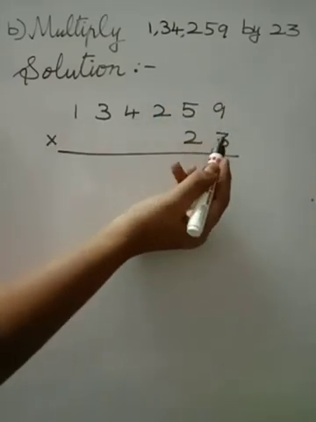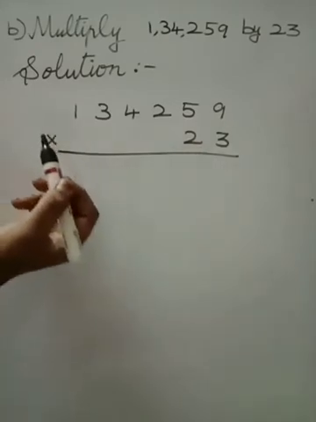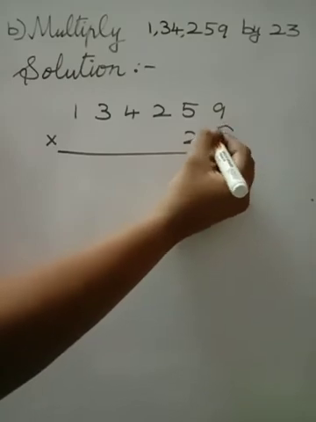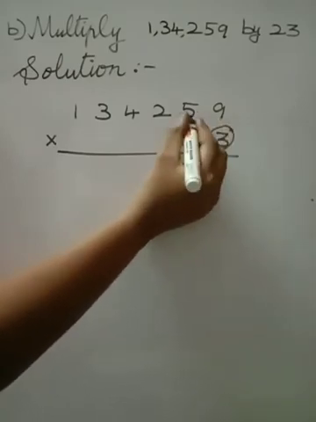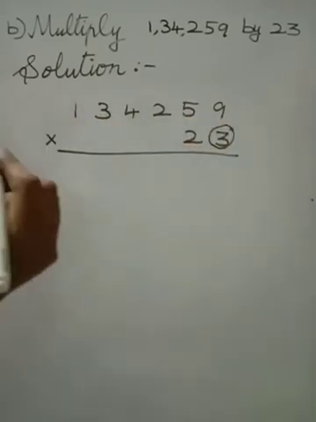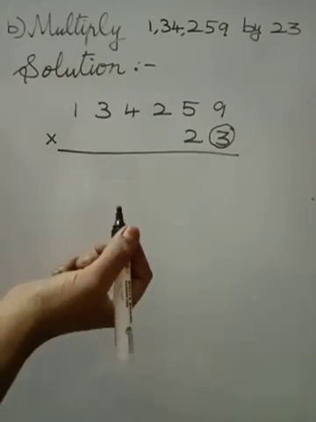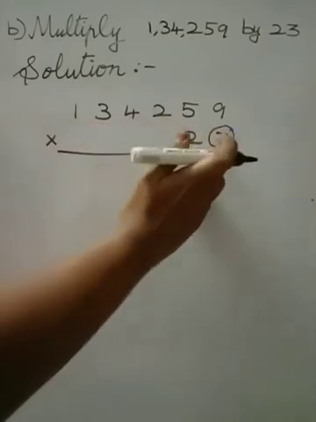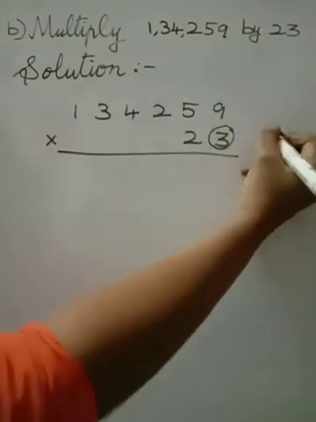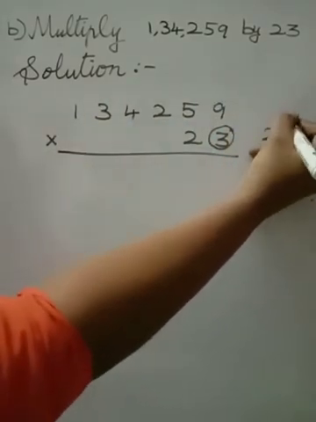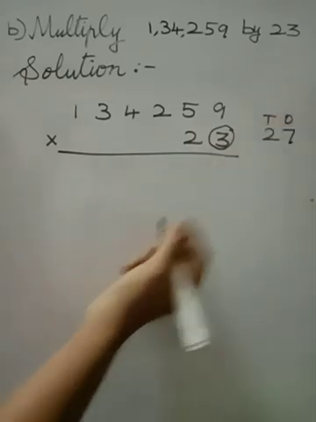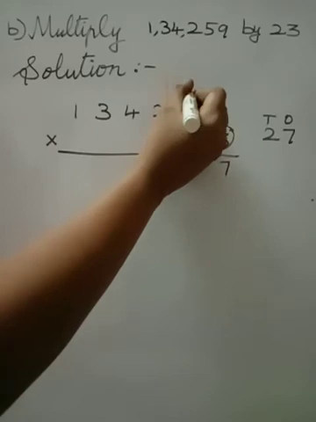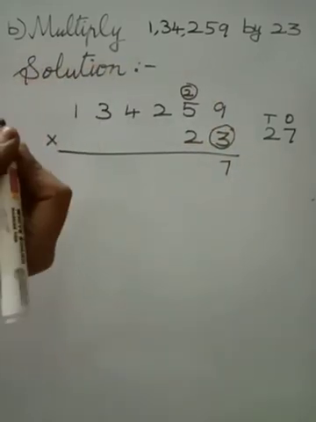Okay, now the multiplication will be done from the ones place, isn't it, Ram? So first, take this 3 and multiply it with all the numbers in the multiplicand. So first we will take 3 and multiply with all the numbers. See here, 3 9s are 27, a 2-digit number. So ones, tens: the ones place number 7 goes in the answer's place and the tens place number goes in the carryover.